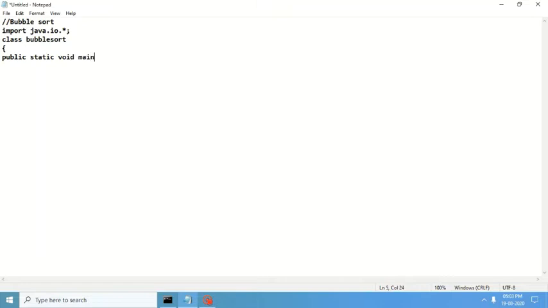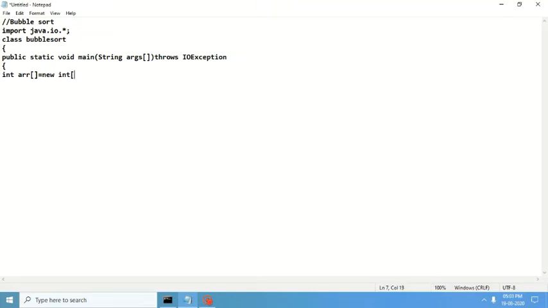String args throws IOException. Here I am writing, let me take the array size as 10. new int[10].